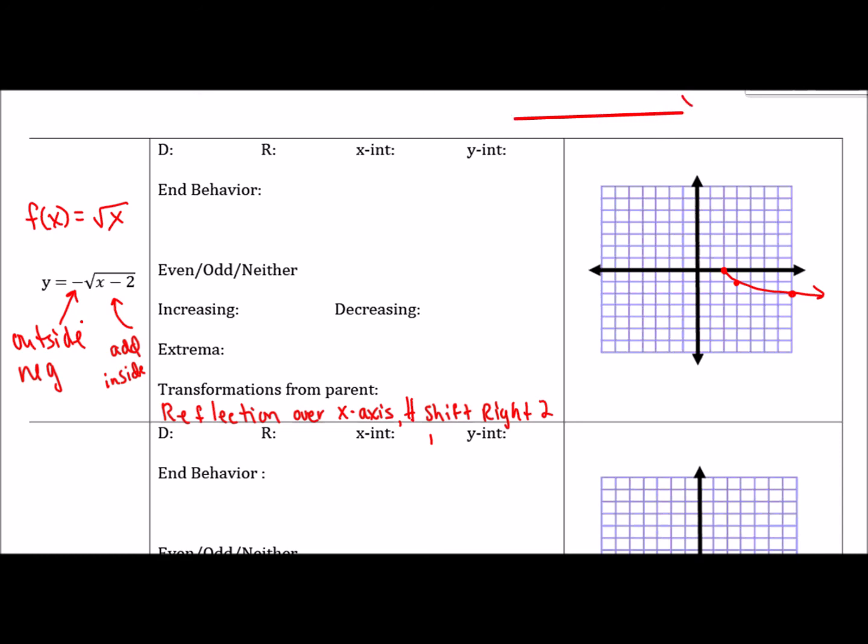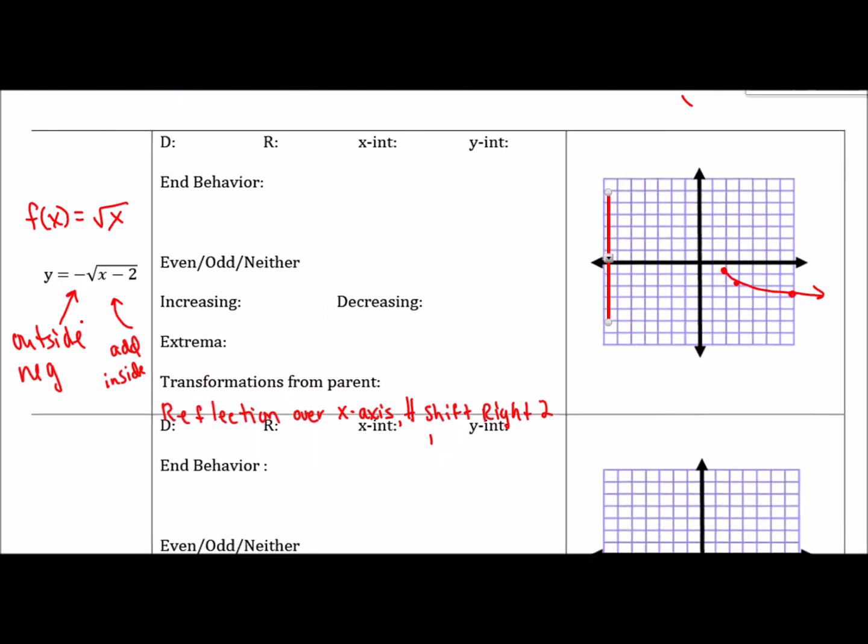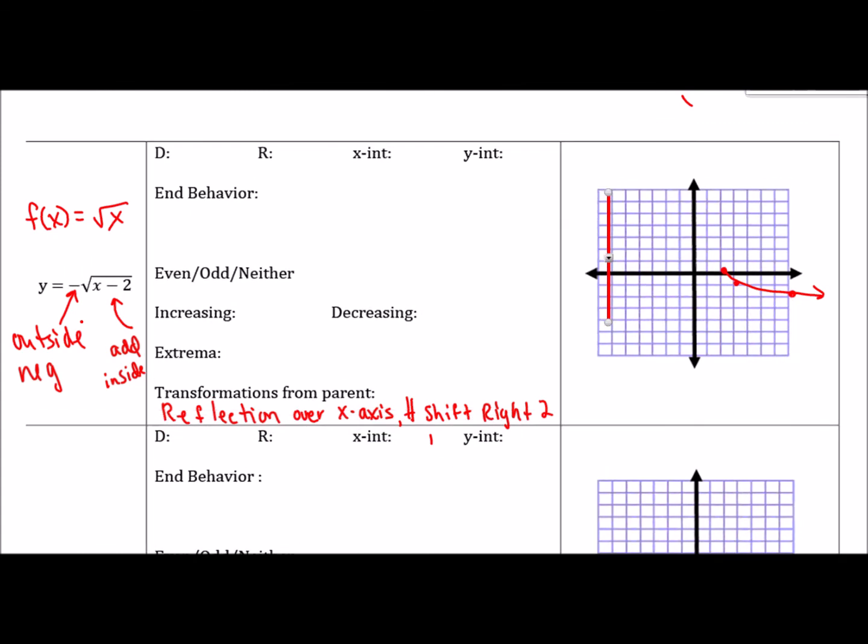When I'm talking x's, domains, I'm talking left or right. So I'm going to take this little guy, I'm going to start at the graph, and I'm going to say, okay, how far left can I go before I run out of graph? Beep, beep, beep. Oh, looks like right there, that's where it stops. So that x value is how far left I can go. That's at 2. So 2 would be my left number,